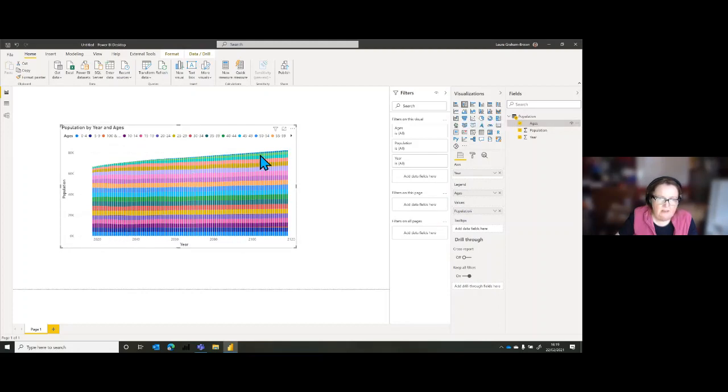We get the color bands showing us how the population is across the divide of different ages. And you can see at the top there, not really that surprising, that the very elderly, it's going up in number. There's an interesting issue down here that we've got the over 100 and over at the bottom here. That's because they're sorted alphabetically. We'll deal with that in a minute, I promise.